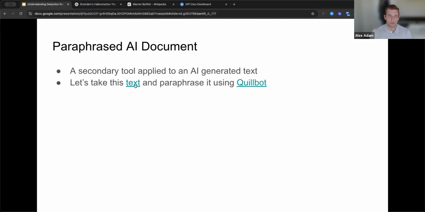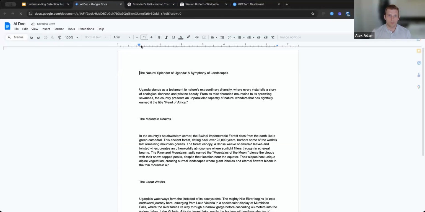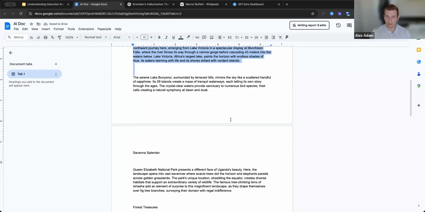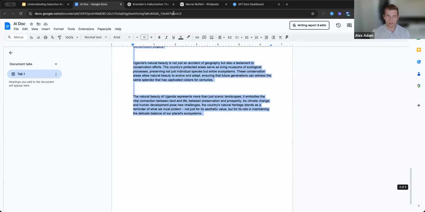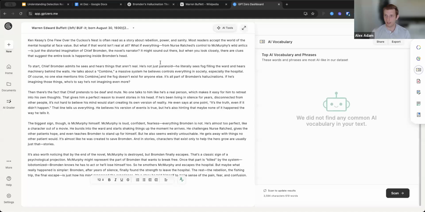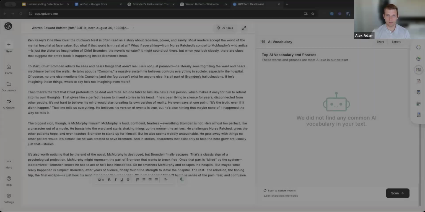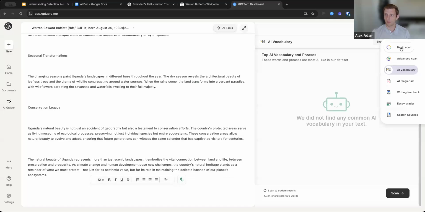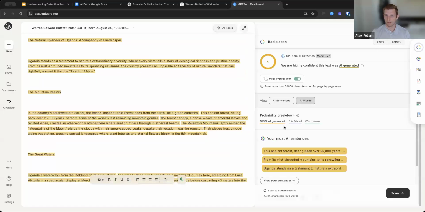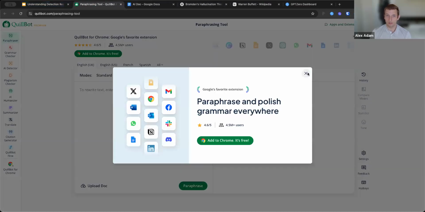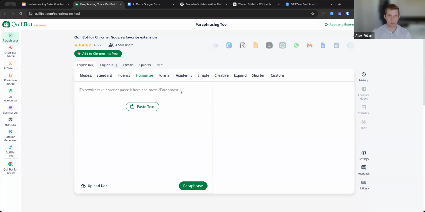Cool. So this right here is an AI-generated text. Let's just verify that it's AI quickly. Well, so it is AI. So this one is as high confidence as you could possibly predict. It's 100% AI generated. Now we can go to Quillbot's paraphrasing tool and paste it in